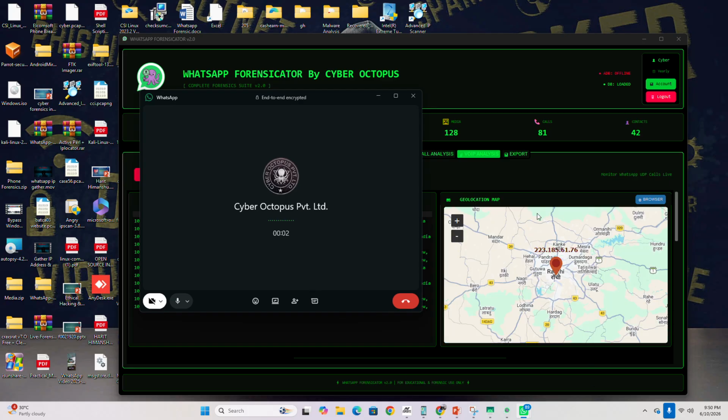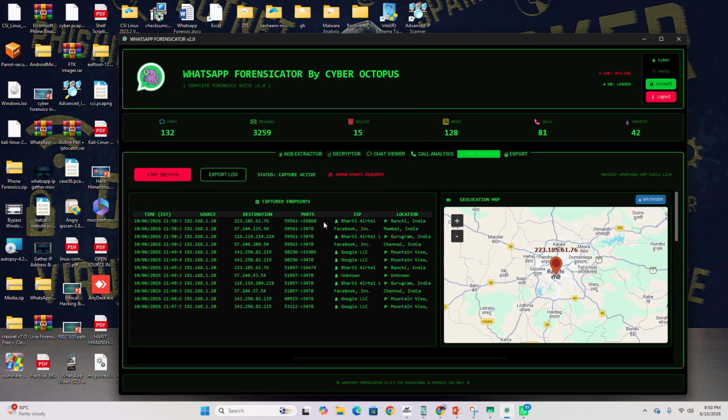You can see the ISP and ISP geolocation, the internet service provider. Who is the internet service provider of the target? Who provides the public IP to the target? The information is captured here: the destination IP address with port number, date and time.